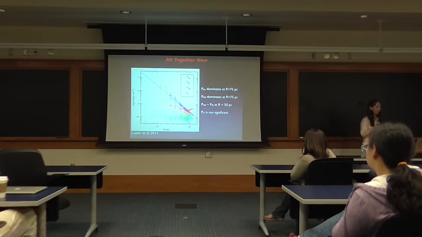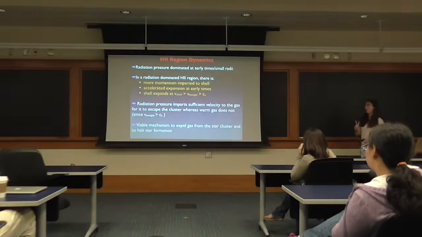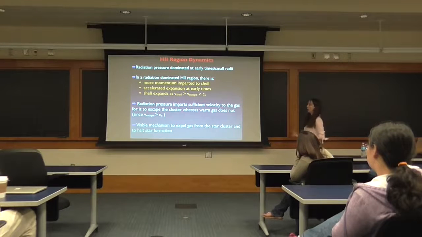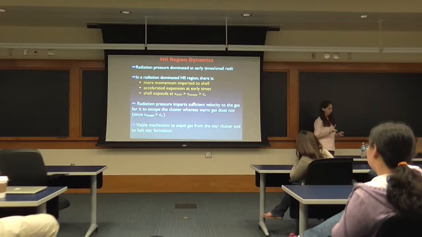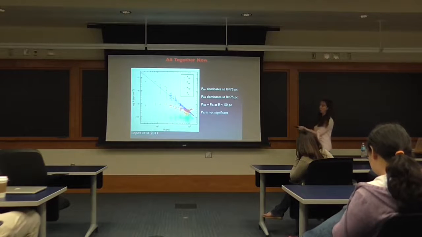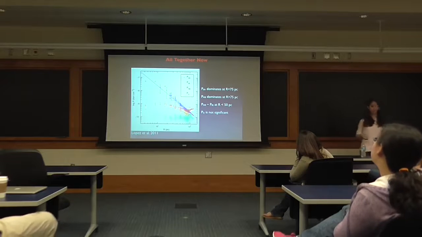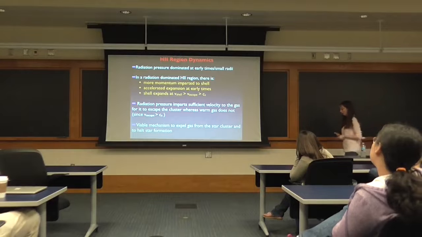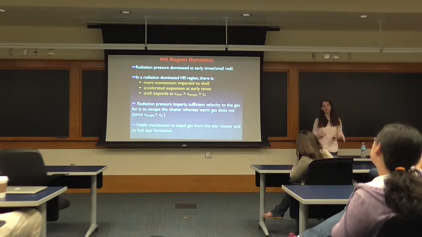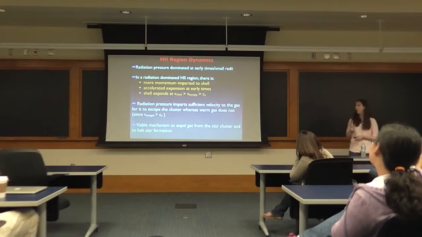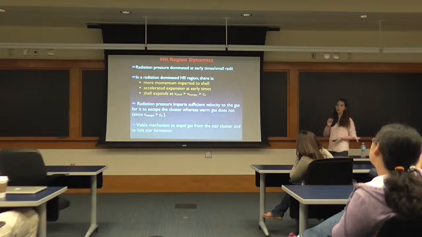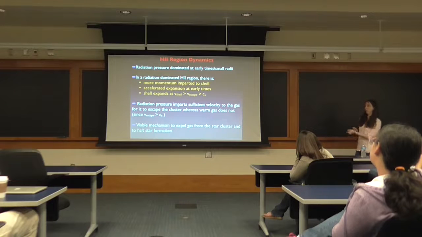And so I want to talk about 2 different implications for this plot. Number 1 is that radiation pressure dominated at early times for this H2 region. When the radius of the H2 region was smaller than this, the direct radiation was driving the motion of the shell. And a radiation-dominated H2 region evolves slightly differently than our classical H2 region. In particular, it has more momentum imparted to the shell, accelerated expansion at early times, and the most important point is that because you have more momentum imparted to the shell and accelerated expansion, you have a shell that expands